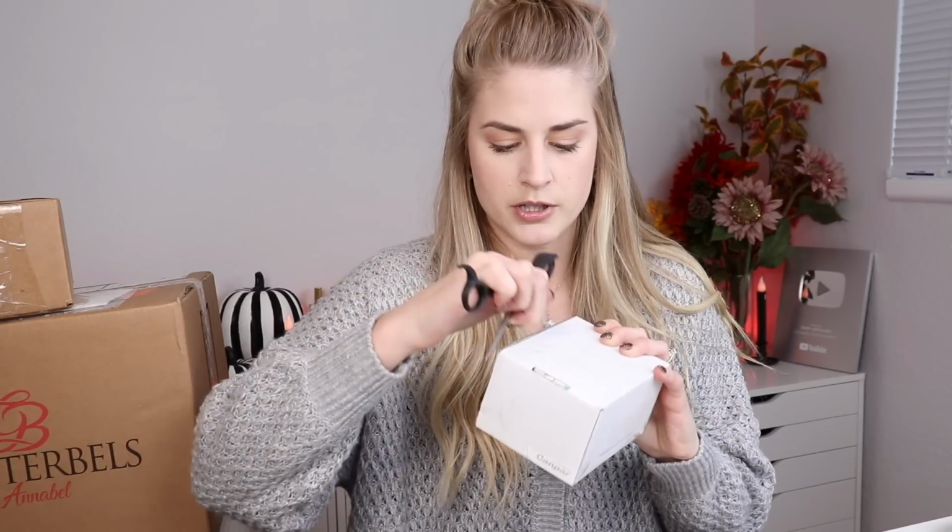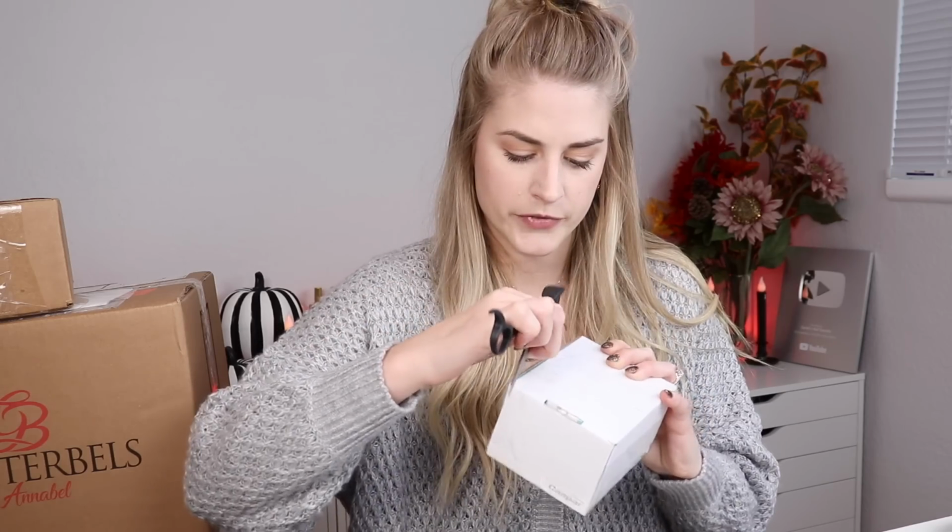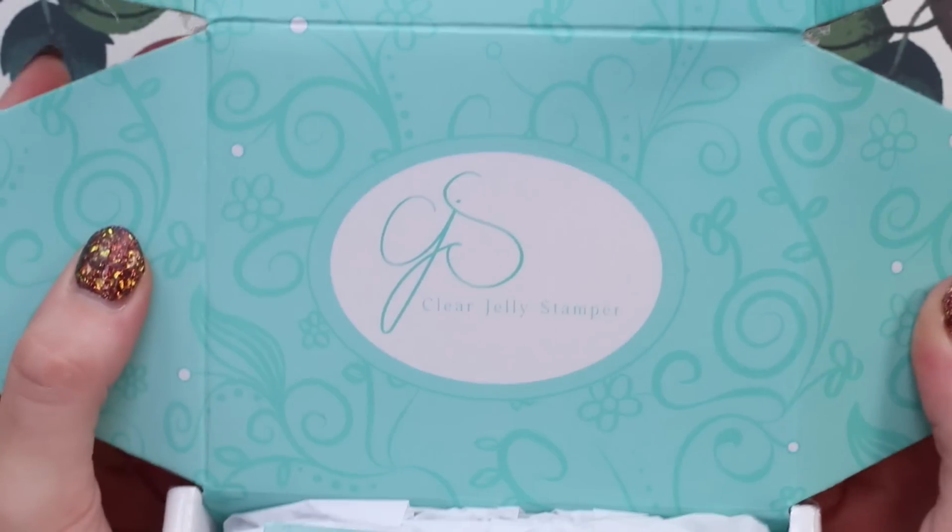Okay, I'm gonna start this off with this small package. This is from Clear Jelly Stamper. I purchased this because I planned to do compilation videos for you guys, and I needed some stuff from Clear Jelly in order to do that. Sorry, I'm just gonna open this up. I love the Clear Jelly stamping boxes. They have them custom, you know? So you can see the boxes are custom with the Clear Jelly Stamper logo. So what I picked up was